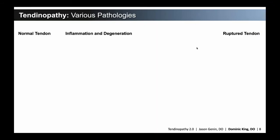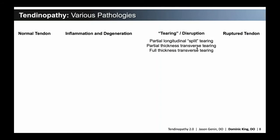Most of us would agree that there's some form of inflammation and degeneration, and then also tearing. And there's some debate about tearing. How do you classify tearing? You could say there's a partial longitudinal split tear or maybe an intrasubstance tear. You could have partial thickness transverse tearing, or you could even have full thickness tearing. So there's some debate in terms of what tearing means. But if it's a non-torn tendon,